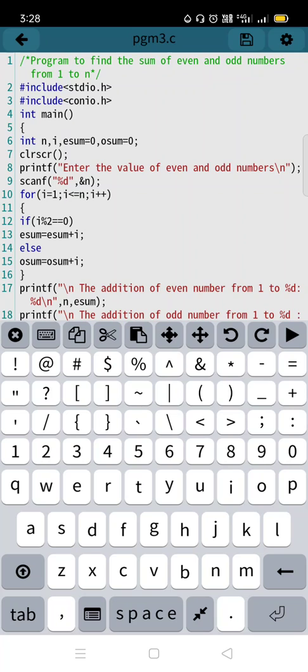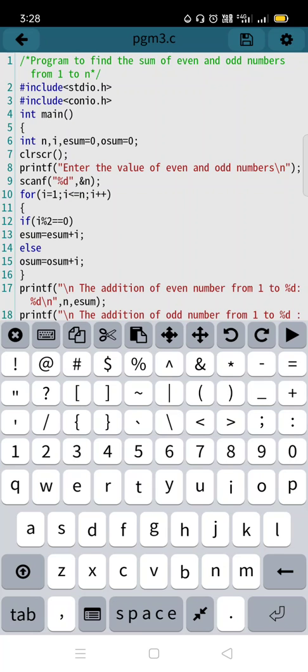If you are given n value as 5, all the numbers from 1 to 5, you have to add. 1 plus 2 will be 3, 3 plus 3 will be 6, 6 plus 4 will be 10. Then 10 plus 5 will be 15.